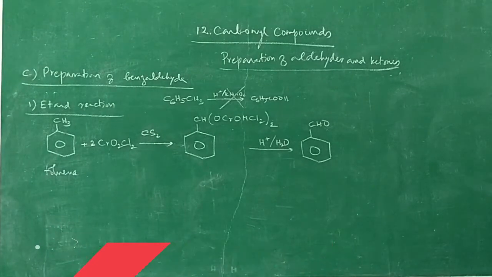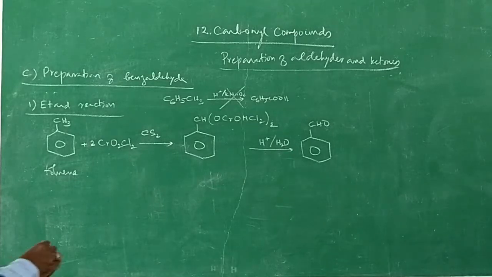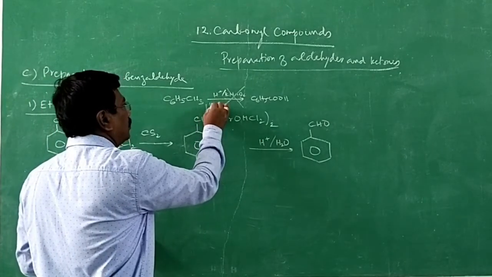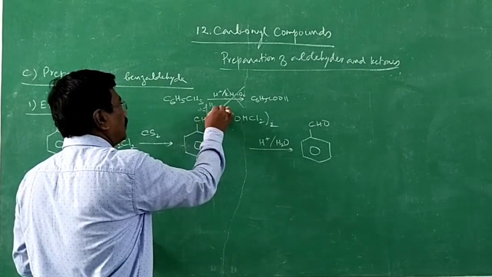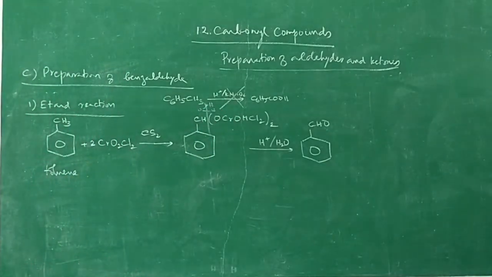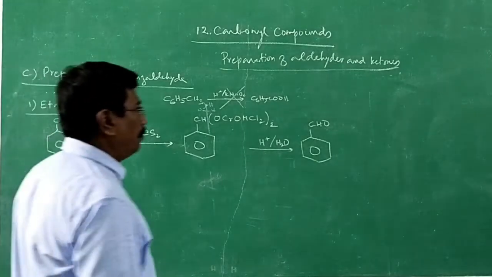Of course, CrClO2 may get regenerated. Benzene ring with CHO. Fission takes place like this, two bonds. So H, O, H. The two hydrogen will be added here to give Cl, CrOCl, O2Cl like this, likewise. Those we need not bother. That is Etard reaction, conversion of toluene into benzaldehyde.